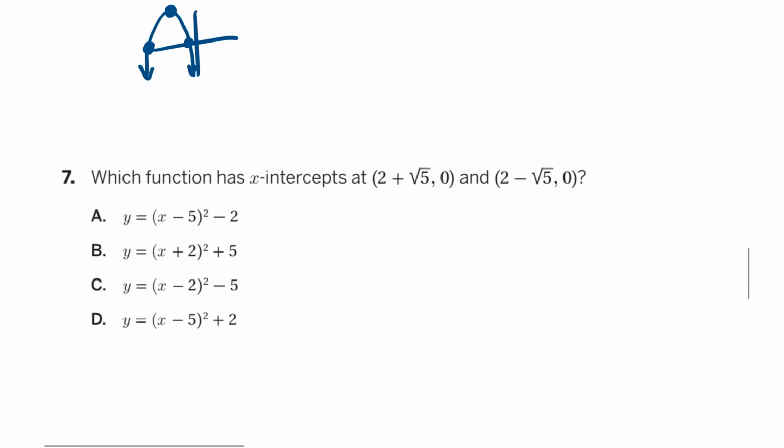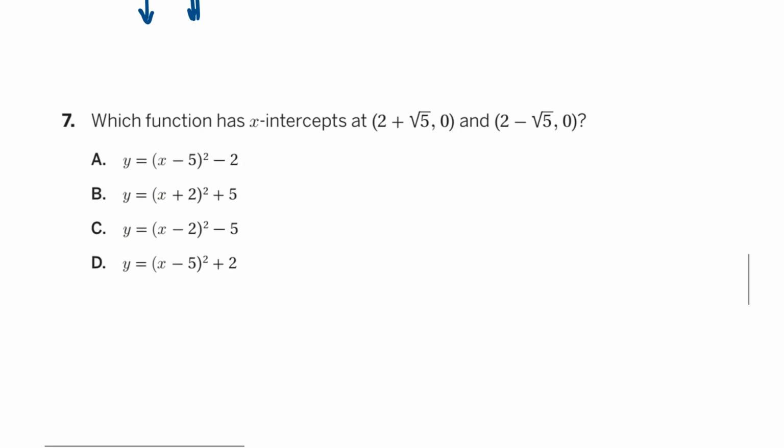For number 7, which function has x-intercepts at (2 plus root 5, 0) and (2 minus root 5, 0)? There's a lot of different ways to do this problem. If you wanted to just go at it and get started, you could just try plugging in 0 for all these y values and solving each of them until you got this as an answer. You could start seeing patterns if you do that, and I'll probably start doing that for A here to show you, but that would just be 4